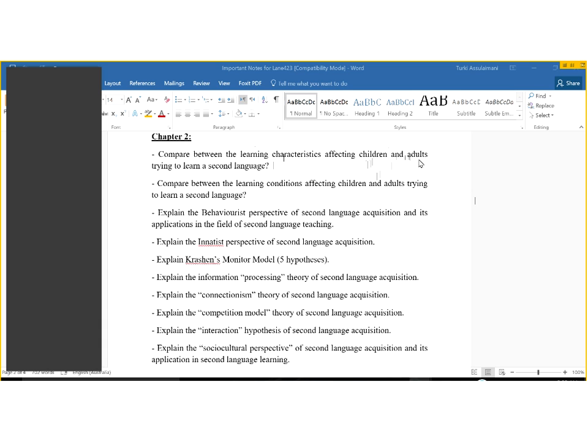By definition, all second language learners, regardless of age, have already acquired at least one language. That's why we call it second language acquisition or learning, because they already know at least one language. So this prior knowledge may be an advantage in the sense that they have an idea of how language works. They have an idea how to learn language. They have an idea how to write, certain strategies to, for example, learn grammar or memorize vocabulary. So they know how languages work. This can be an advantage, of course, in favor of adults.